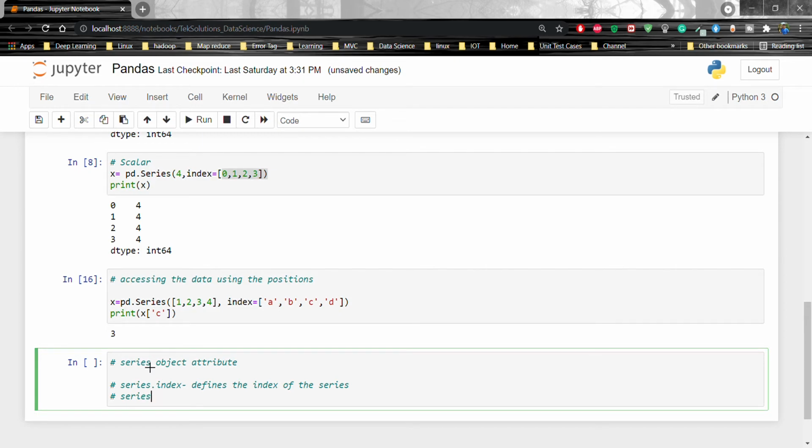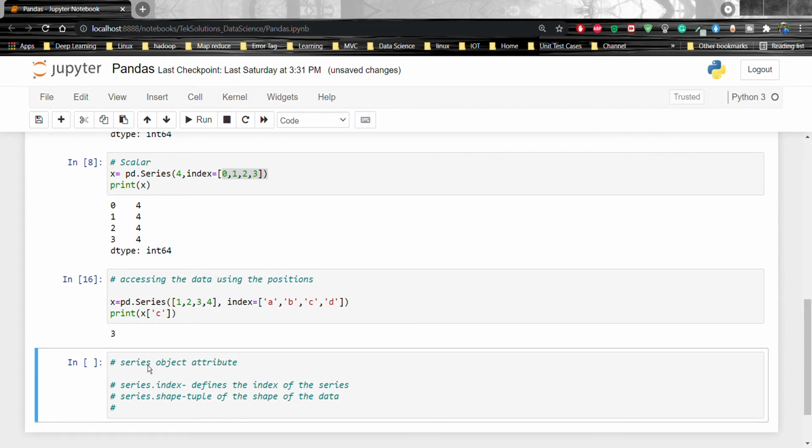Series.shape. What will it do? It will return a tuple of the shape of the data. After that, series.dtype, this is very important. What will it do? It will return the data type of the data. That is very important.